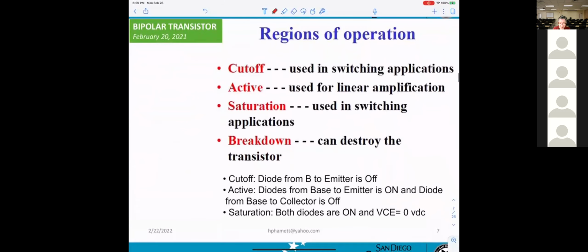Okay, now, region of operation. Basically, the transistor, either NPN or PNP, same thing. They have a cut-off region, used in switching applications, that means on and off. Active region is for linear amplification. And saturation, same thing, is in switching.